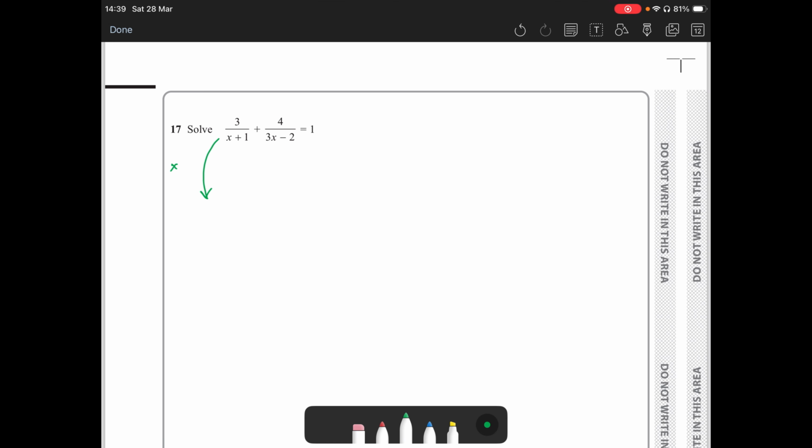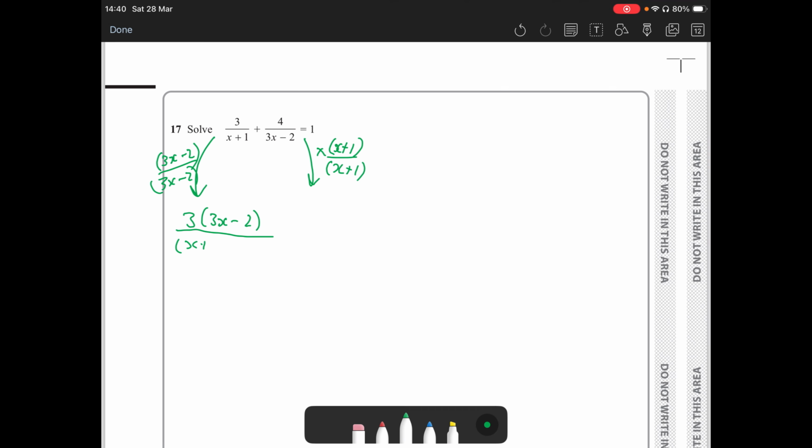I will multiply the first one, top and bottom, by x plus 1. Why do this, you ask? Because I'm actually multiplying it by the wrong amount. I'm going to multiply the first one by 3x minus 2. Apologies, people. The reason is I want to bring both fractions under one common denominator. So I'm going to multiply the right one by x plus 1 and the left one by 3x minus 2. Because that would give me in the first one, 3 bracket 3x minus 2